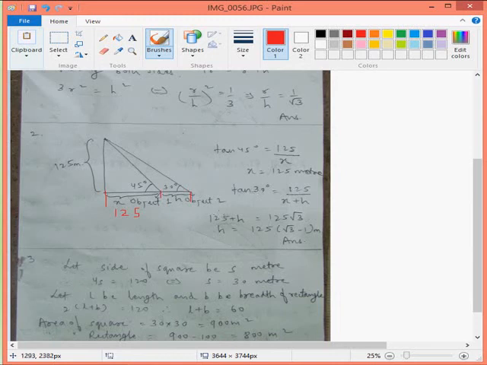So solving it, you will get something like this. I have substituted the value of x equal to 125 meters, which I calculated in the previous calculation, in this equation. By solving, I have reached the final value of h equal to 125 into under root of 3 minus 1. What is this h? This is the distance between object 1 and object 2. It comes out as 125 times under root of 3 minus 1. So this is the solution of the second question.